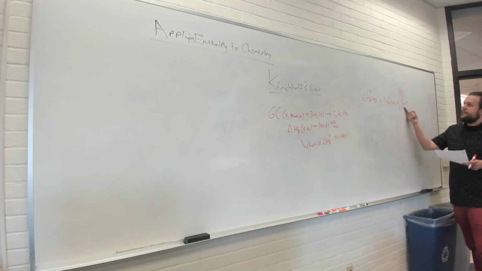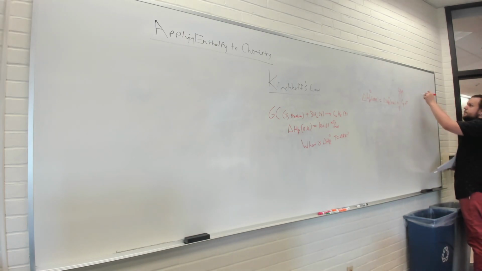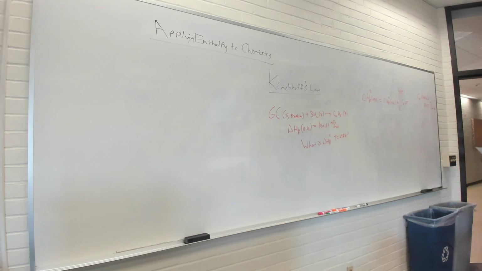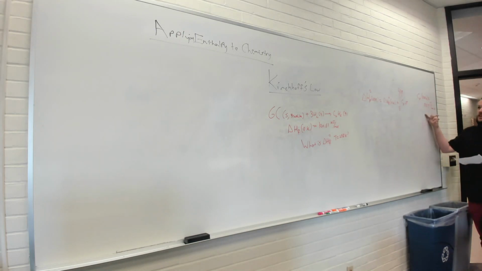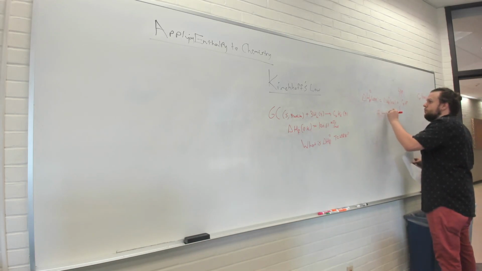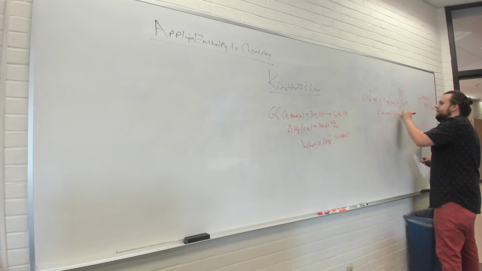Well, in order to calculate this, we need to know the heat capacity. Well, we could just look that up. The heat capacity of benzene at 298 Kelvin is equal to 135.7 joules per mole per Kelvin. It's just a number. So if we assume Cp is independent of temperature,